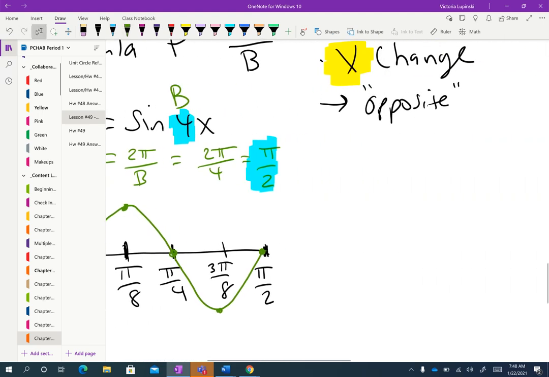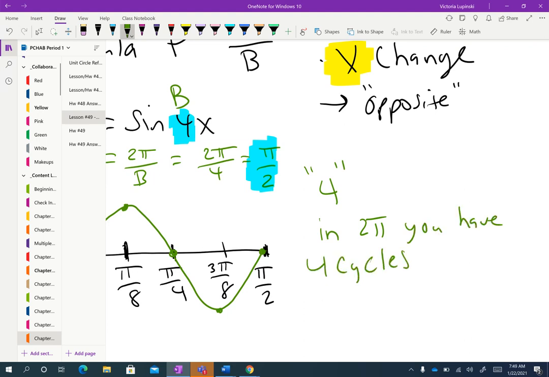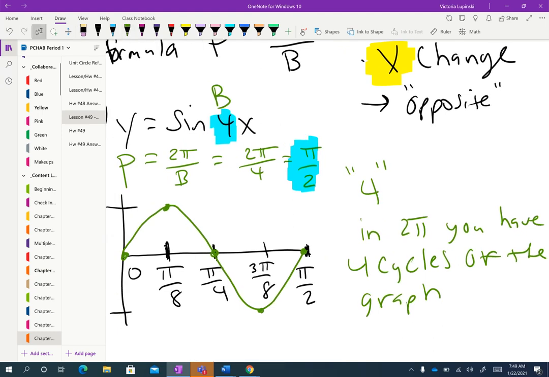Just to give you a little more information in terms of what that actually means. What that 4 actually means in terms of being the B is that in 2 pi, you have 4 cycles of the graph. So think about what would happen here if, instead of going from 0 to pi over 2, you actually went from 0 to 2 pi, you would have 4 of those sine waves in